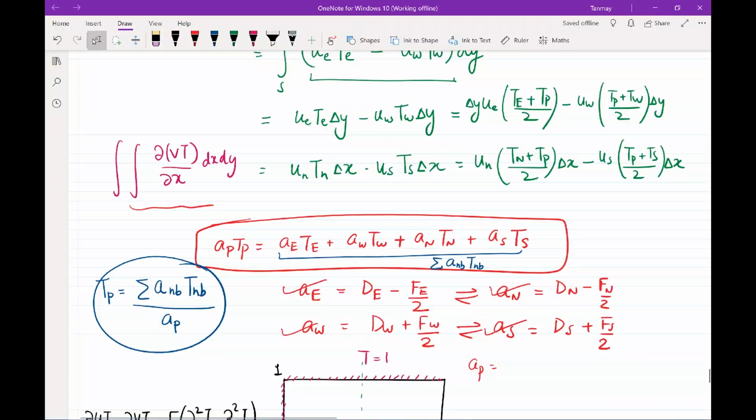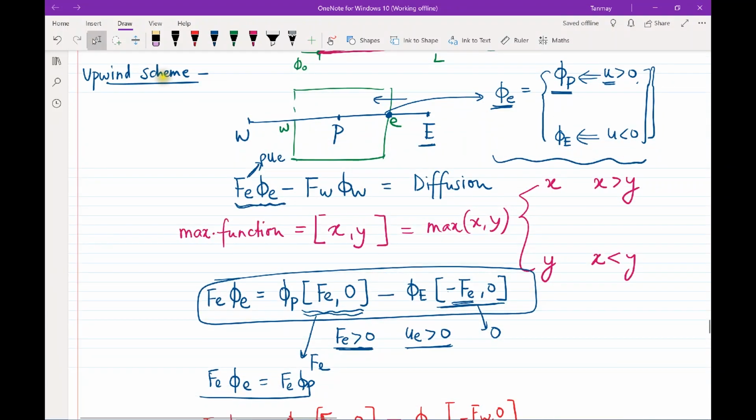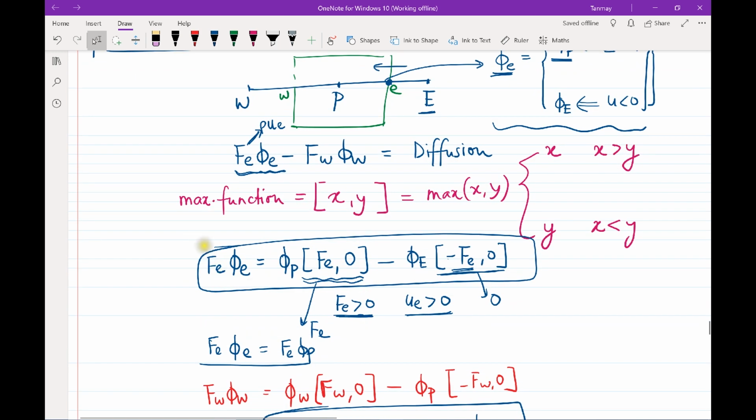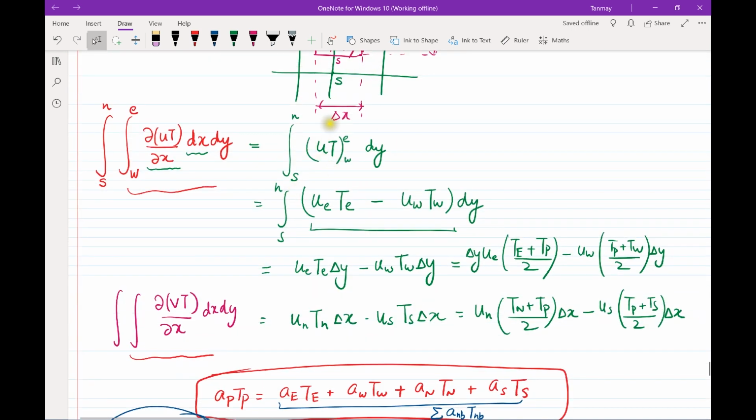So just to give you a recap, when we talked about the upwind scheme, we said that when the flow is from left to right, the phi at this control volume face would become equal to phi P, and when the flow is the other way around, the T at small e would become equal to T at capital E. Correspondingly, we would see some changes in the convection fluxes, that is this Fe times phi E, or equivalently in our 2D case we had these particular terms.